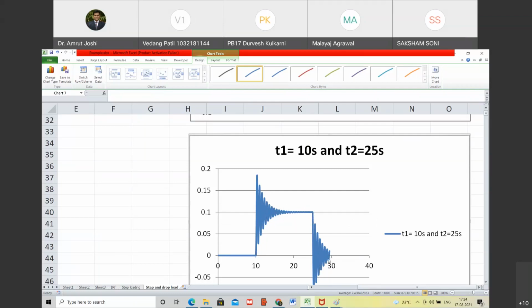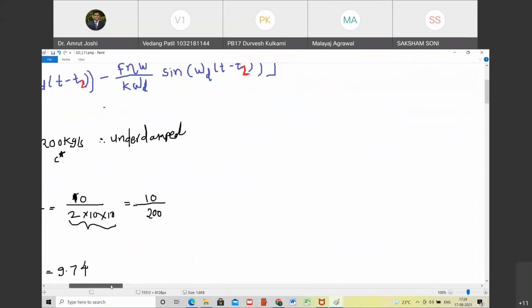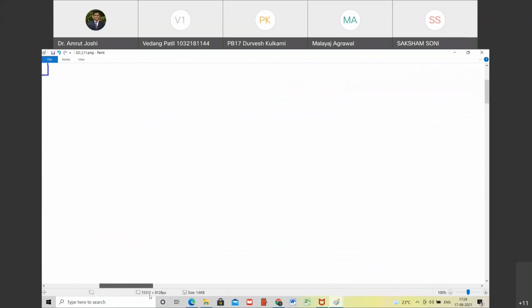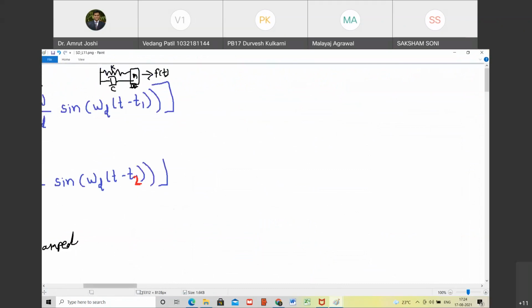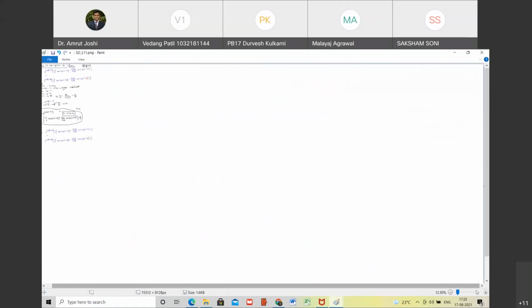Yes, sir. So did we expect the same kind of result, same kind of plot in our yesterday's end of the class? We had drawn this. We had a gut feeling. How should this look? Are you with me? Yes, sir. Okay. So this was about the response of single degree of freedom system to a step excitation, a step and drop excitation. Now in today's class, we still have around 15 minutes. So we are going to start with a new form of excitation, and that is called sinusoidal or cosine excitation. Are you with me? Yes, sir. So let us do that.